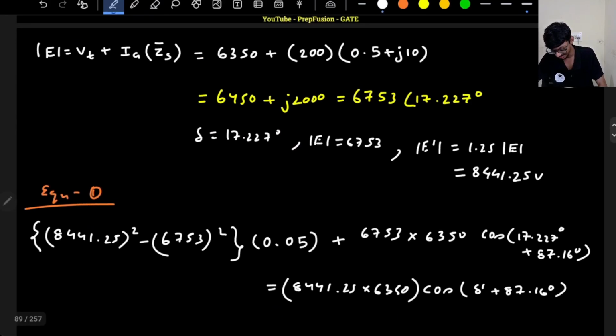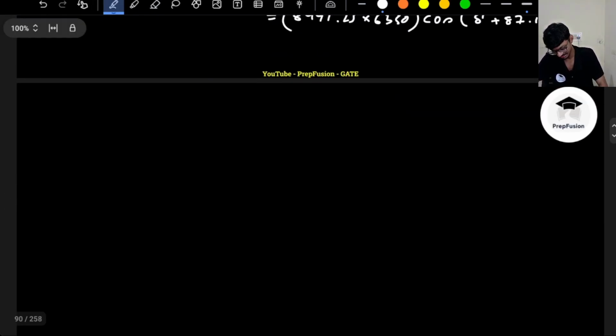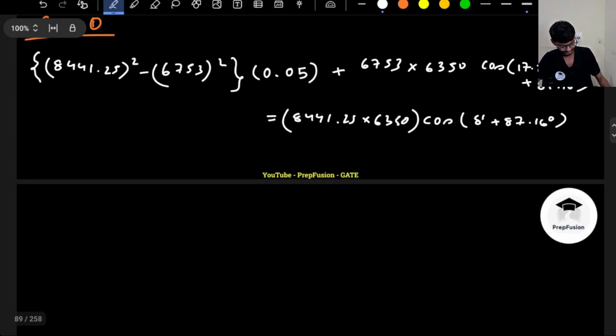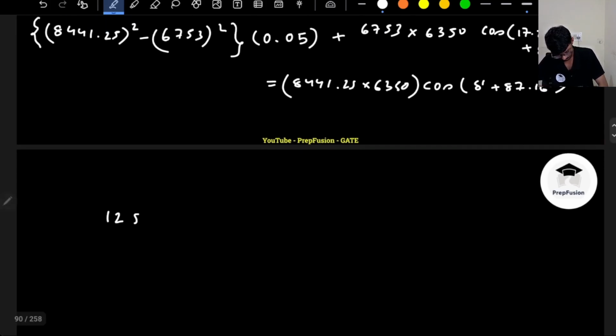Okay, so from here I know this is a big calculation, but this is the maximum that they can ask, that I'm going to. So here, this we have to solve. Okay, let's solve this. This will be hectic. So 8441.25 whole square minus 6753 whole square into 0.05. So this will be 12828584.63 plus